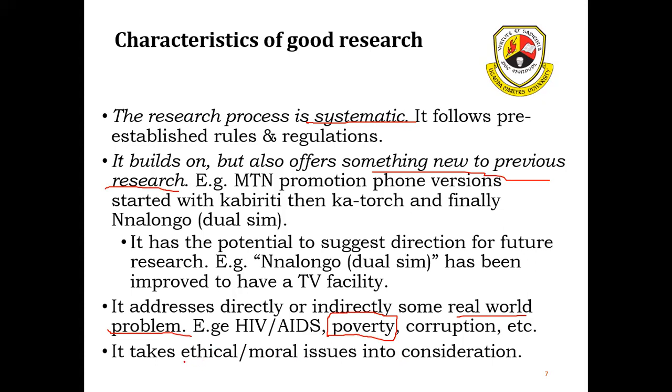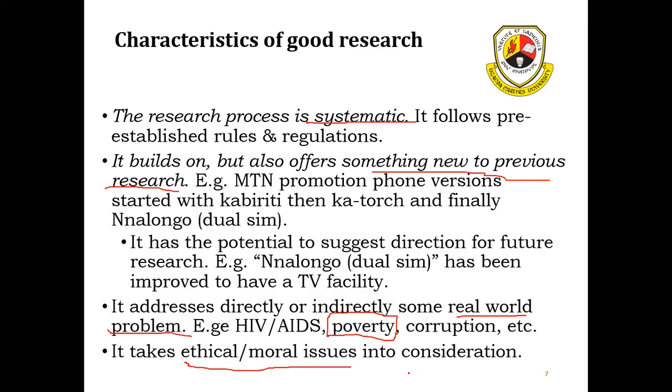Then your research must also take into context ethical or moral issues. We shall discuss this in detail. When you're doing research, you have to think about confidentiality, especially if you're doing research that may be controversial. Let me give you an example of people who do research in healthcare.